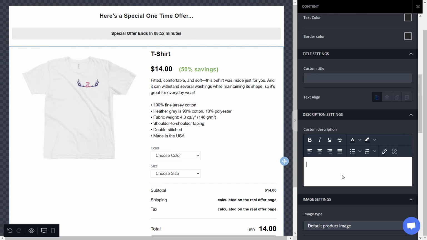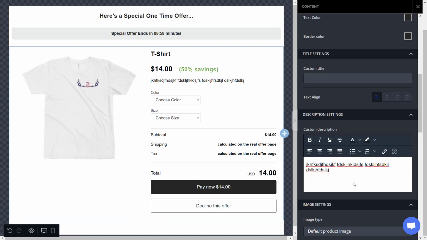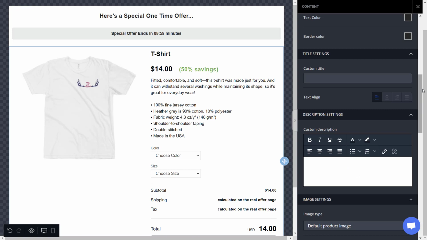And if I wanted to, I could scroll all the way back up and I could change this custom description, and I could put in any text I want here. And maybe I say in this text, hey, this is a limited time offer. This is only available on this page. If you say no to this, you're not going to see this offer anywhere else. This is a private offer we're making just for you because you just purchased something from our store. And now we want to give you a special discount that you can't get anywhere else. If you go back to our website, after you complete this order process, you will not see this offer again. So that's how you make a really compelling offer, is by adding some custom description text in this box and